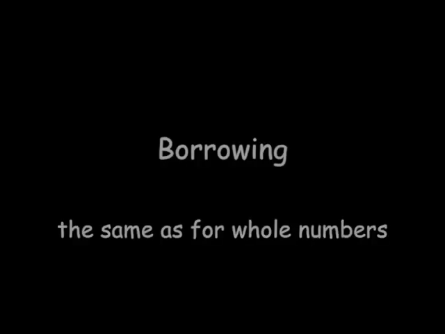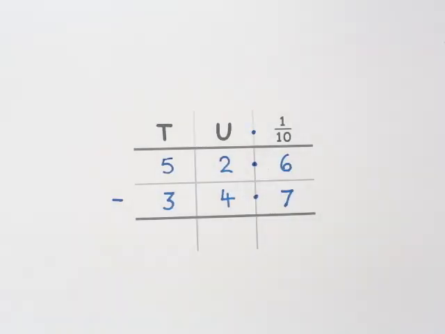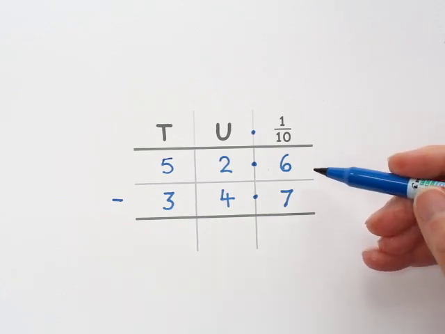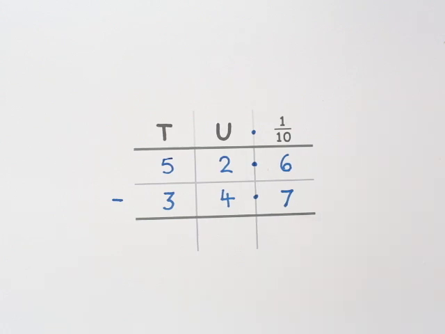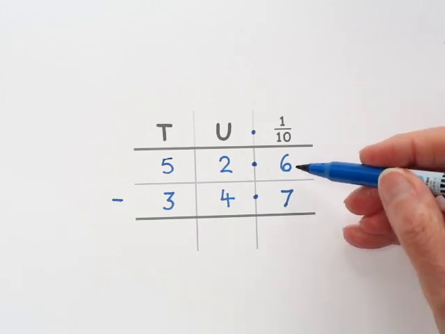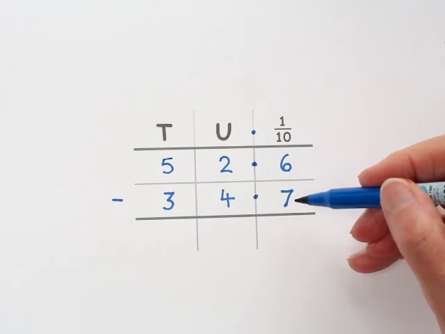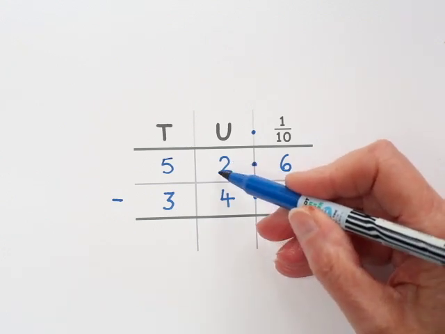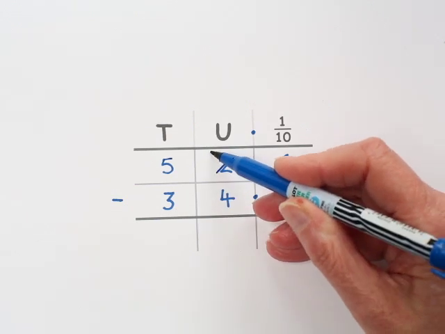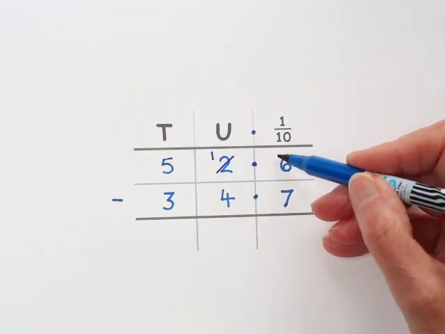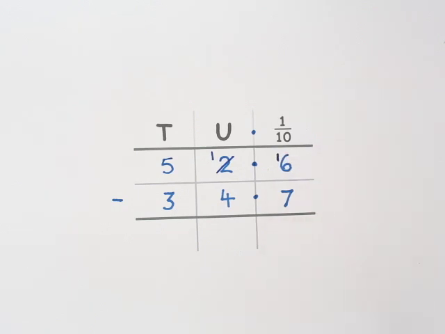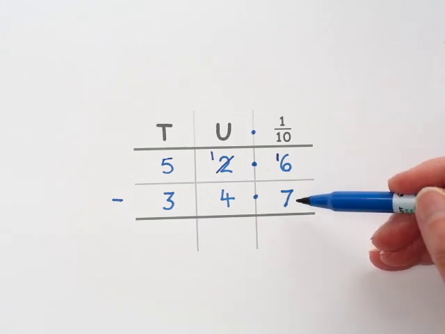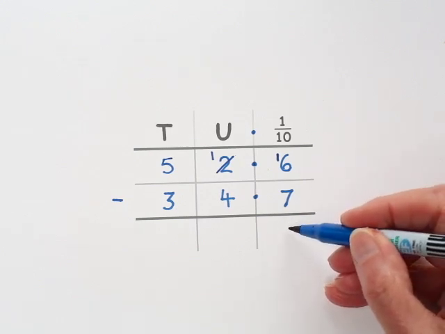If you need to do borrowing, this happens in the same way as for whole numbers too. Have a look at this example. 52.6 take away 34.7. Starting in the tenths column, 6 take away 7 you can't do, so you go next door to the units column. The 2 becomes a 1 because you take one of those and put it as a little 1 in the tenths column. Now you can take 16 take away 7 is 9,